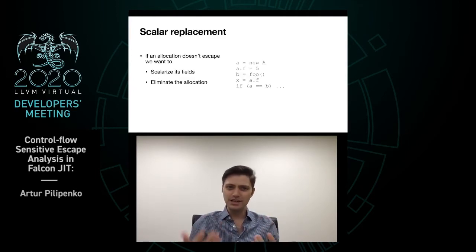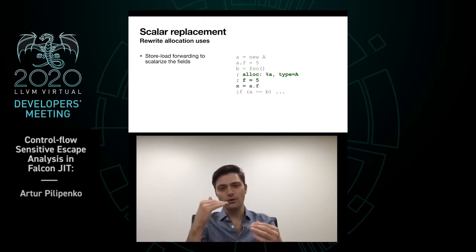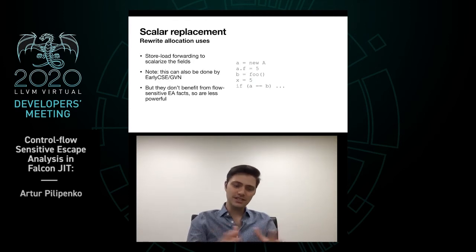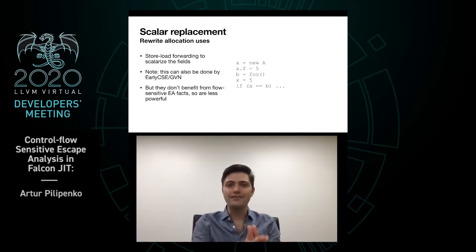If we have an unescaped allocation, ideally we want to scalarize its fields and remove the allocation. And we do this by rewriting individual uses of the allocation in a way that they do not require the allocation value. So if we have a load from an unescaped allocation, we can replace the load with the value we are loading because we keep track of all fields of the allocation. And yeah, this can be done by early CSE or GVN, but